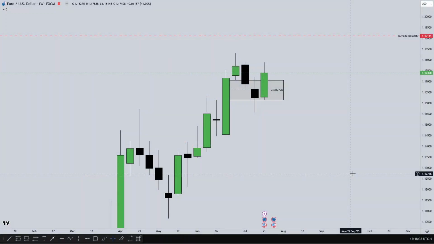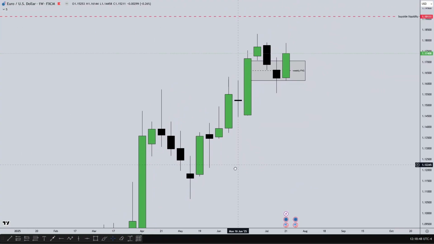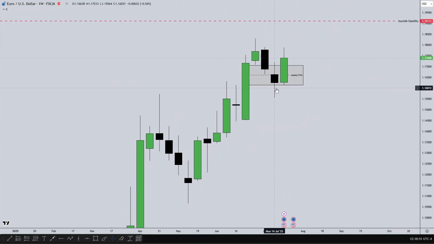So on the weekly time frame of EUR/USD, I'll be doing a weekly preview and review. Last week I was anticipating price to be an up close candle, because you can currently look at this weekly trend. Price is in an uptrend, and price retraced to a discount area, which is the discount point of interest. Price retraced to this weekly fair value gap, respected this other block, retraced back to the weekly fair value gap, and price did not close outside the fair value gap. I was anticipating this candle to be an up close candle.